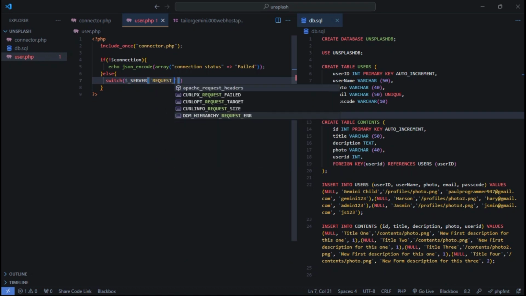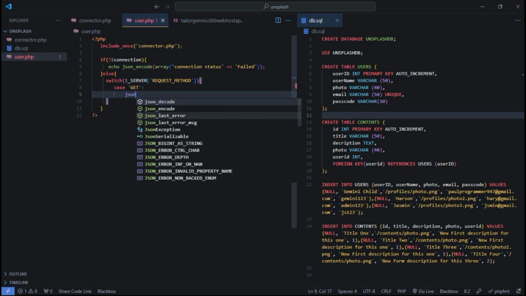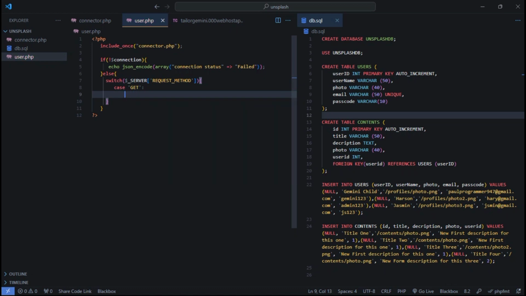So case number 1: if the case is equal to get, then it will return JSON. Echo JSON encode